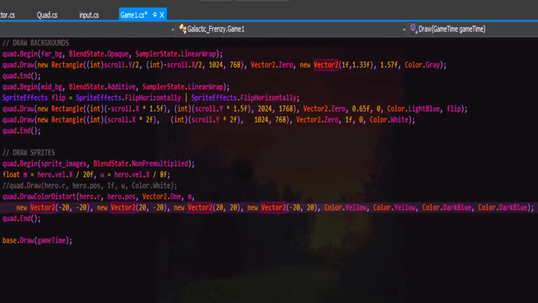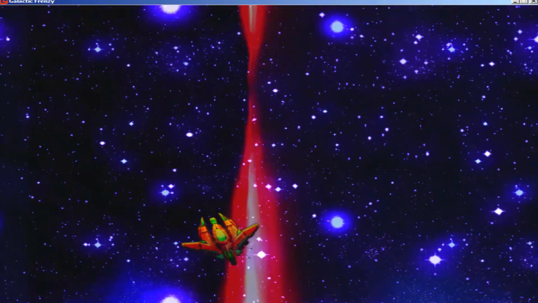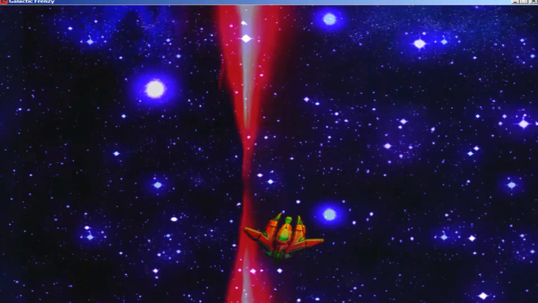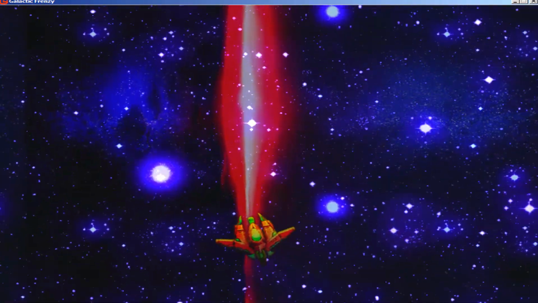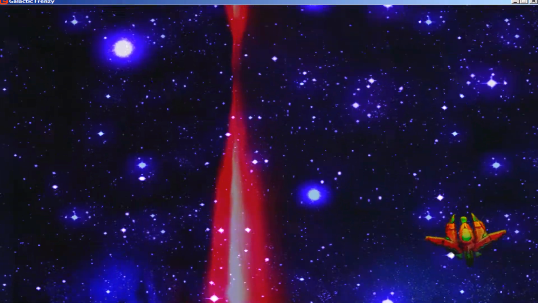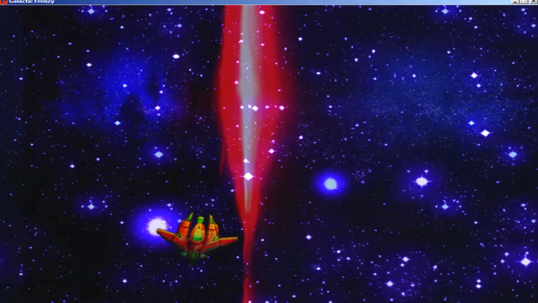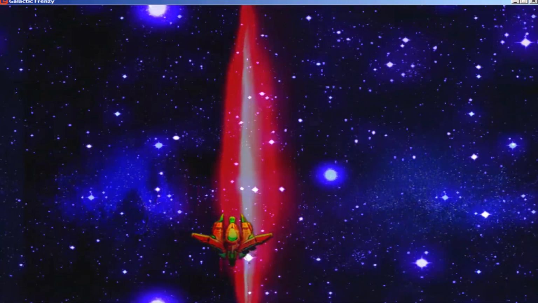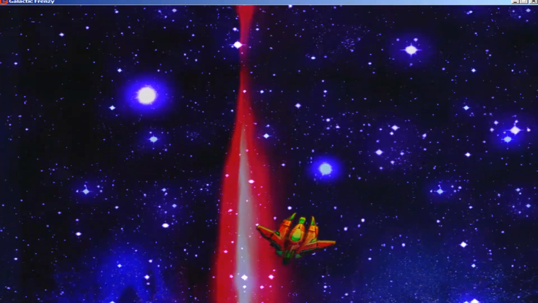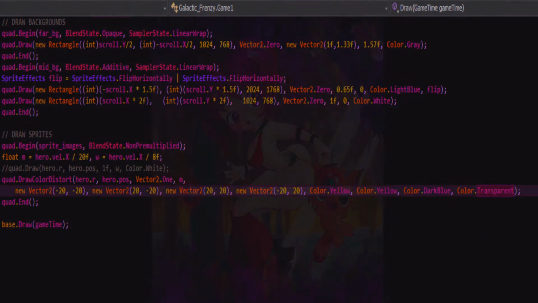Okay, first I'll just check to see if that's working. It's using offsets for the distortion, even though we're not distorting each one differently. So it just looks normal. And the back of the ship's kind of a darker blue, the front of the ship's kind of a yellower color than it normally is. I mean, we could even make this corner transparent, which would be really weird. The corner is kind of see-through.